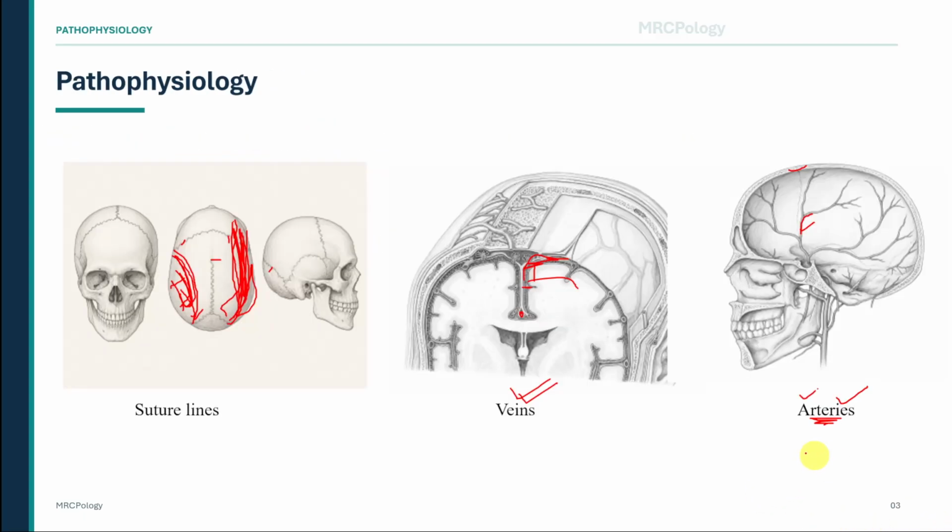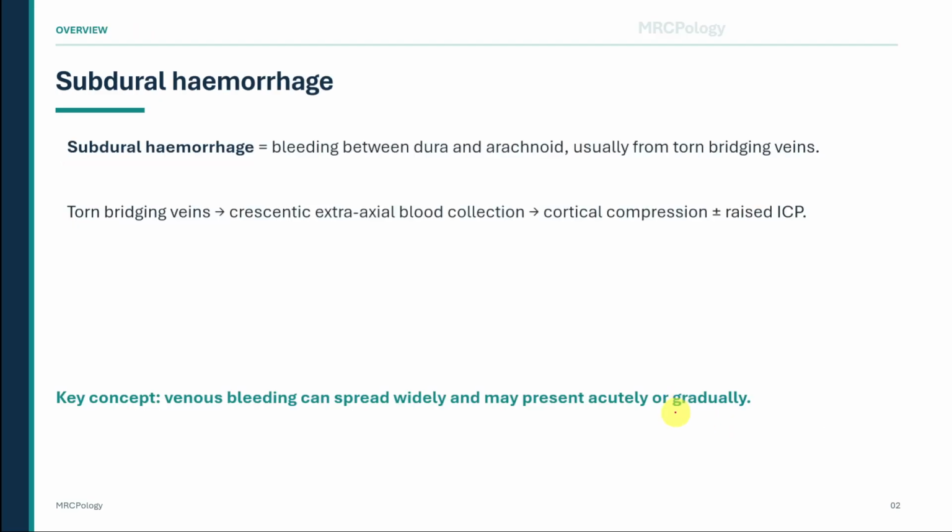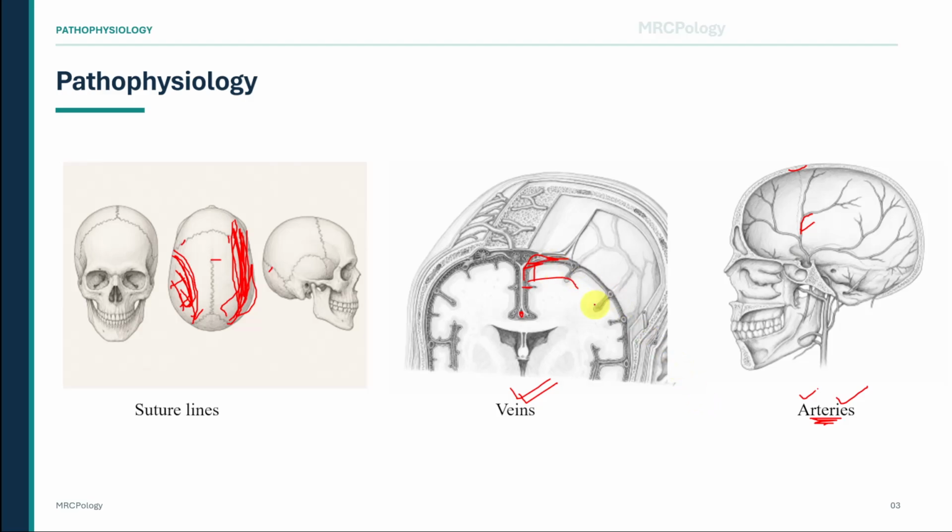Quick recall. An elderly patient on anticoagulation becomes confused and unsteady 3 weeks after a minor fall. CT shows a hypodense crescent-shaped collection crossing suture lines with mild midline shift. What is the diagnosis and why did a minor fall cause it? The answer is chronic subdural hemorrhage, because cerebral atrophy stretches the bridging veins and anticoagulation allows a slow venous bleed